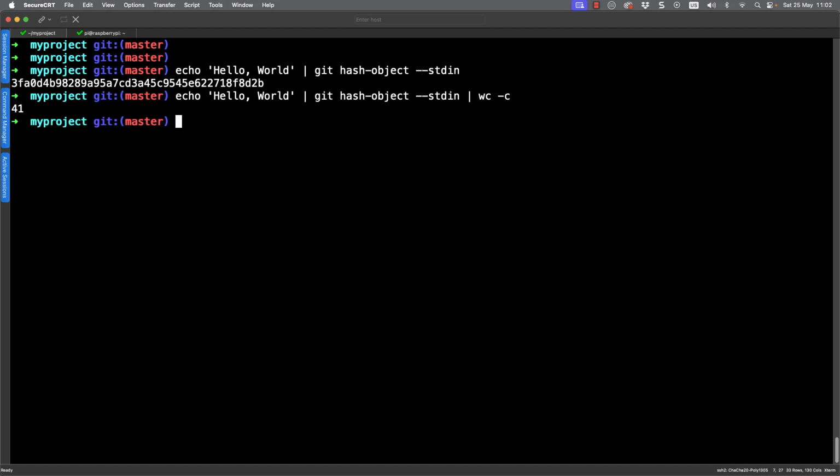We can check this. If I go through and do a word count -c, we can see, well, it shows us 41 characters, but we do have a line feed at the end of our string where we're using echo. So we see then that we have 41 characters. Take out the line feed. That gives us our 40 characters, our hexadecimal representation of the 160 bits.